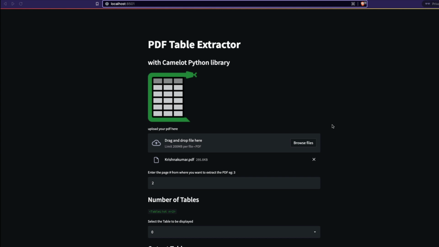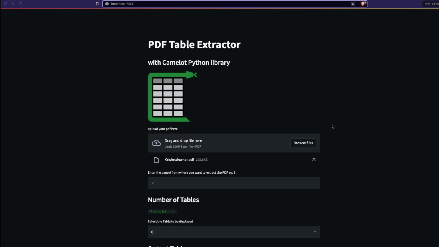tables from that. So Camelot is a very popular Python library that helps you extract tables from a PDF that is not scanned. So a PDF where you can copy text. So if you have a PDF like that, and if you want to extract tables, and if you want to make this available as a service for anybody in the world to use, maybe a paid application, maybe you're a startup, or maybe a product idea. So this is a video that you have to watch.